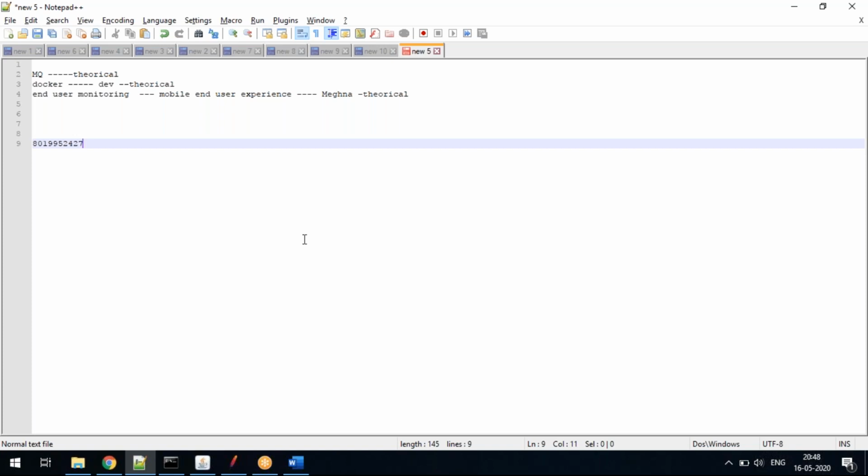Hello, Sarvan. Can you hear me? Yeah, please. Please correct me if my understanding is wrong. As you know, through the agent, your load generator and controller communicate with each other. Similarly, here in AppDynamics, we are just installing the agent on every server, and through the agent, we are retrieving the data from every server. Is that understanding right? Your understanding is 100% correct. Okay. Thank you, sir. Yeah, welcome.